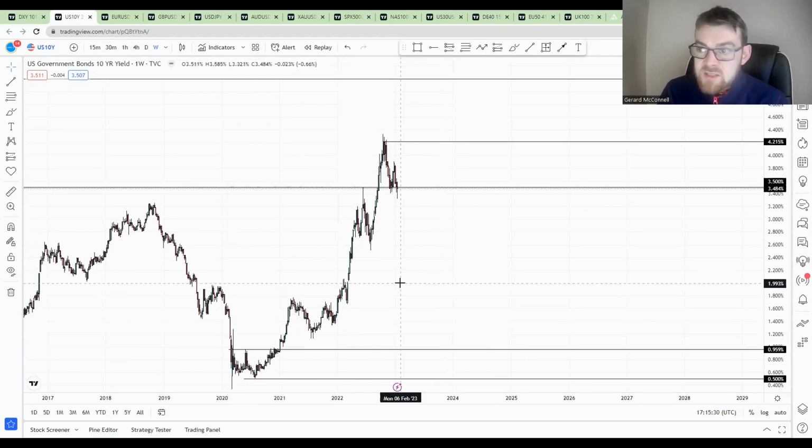And of course, we talk about yield curve control, the inversion in the yield curve, which is a very, very strong recessionary mandate. Even at this moment in time, the yield curve is still inverted as we speak. All right, so that's pretty much it for the weekend markets.